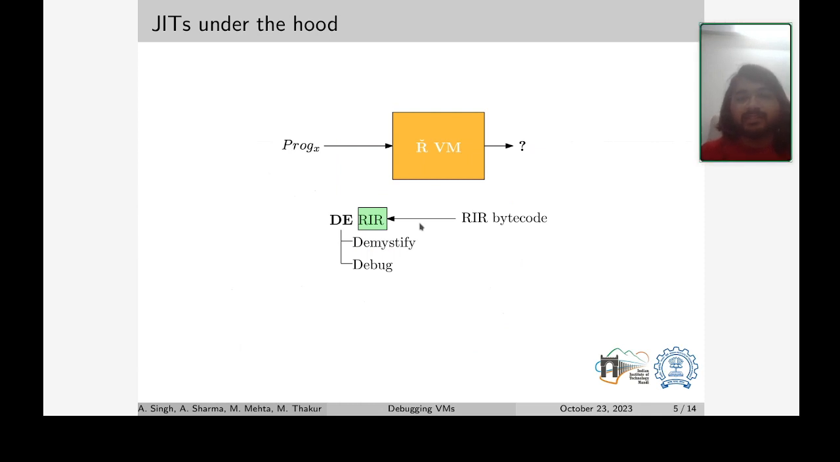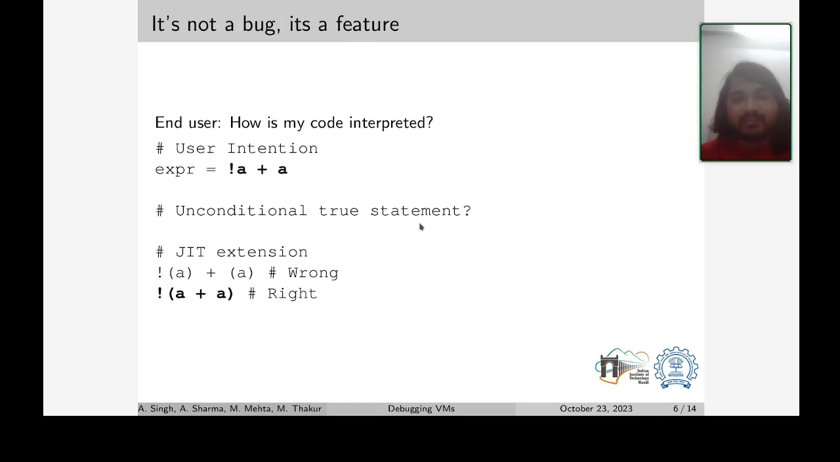So we work on the Ř virtual machine, which is an interpreter for the rir bytecode. So our tool is called Derir. So D stands for demystifying and debugging, where rir is the bytecode that the system interprets. So, looking at the VM from the end user perspective, the kinds of questions that one might have are, okay, I've written, so let's consider